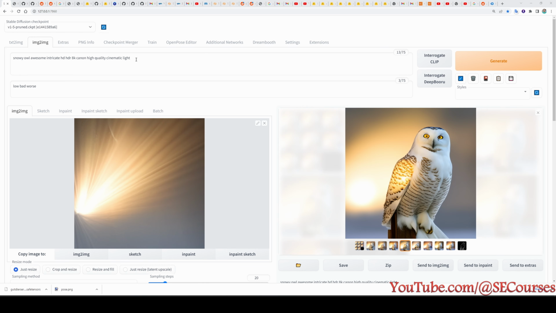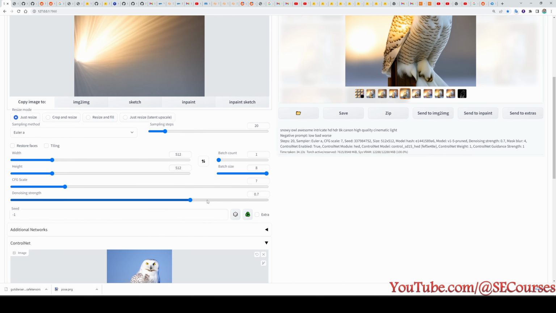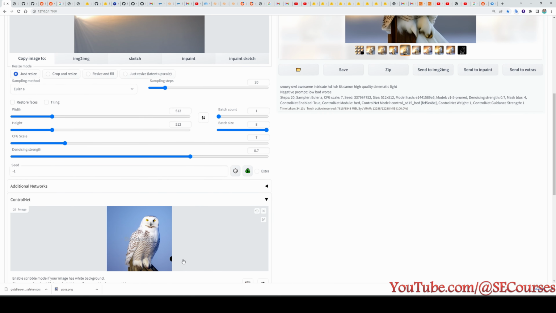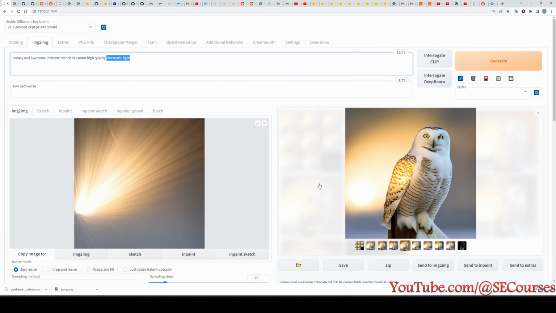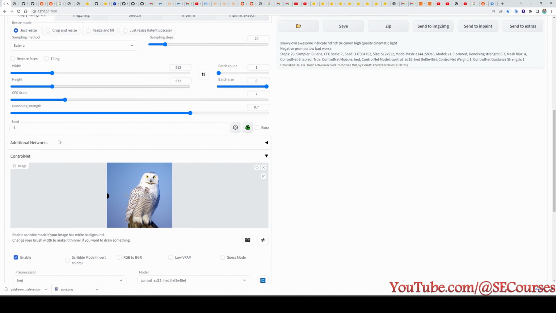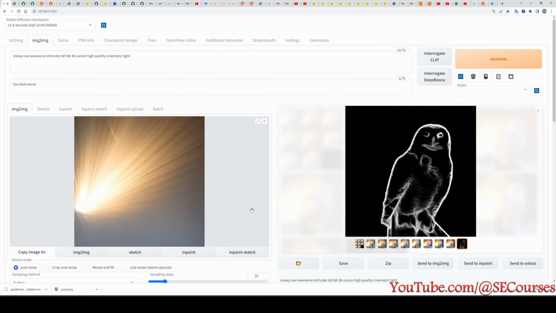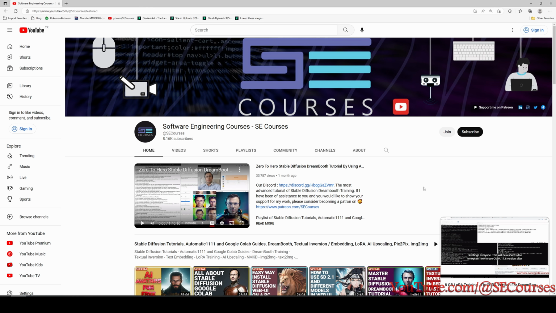By the way, you can also append the first image description to your image to image prompt like this, and you can slightly increase the denoising strength like this, 70%. And now I have chosen another base model, so the oval image now is more like the used ControlNet base image, as you can see. So the model you use makes a huge difference in what kind of output you are going to get. And this is the head. I have tested all of the preprocessors and models here, and I find that head is working best for mixing images. This is all for today.